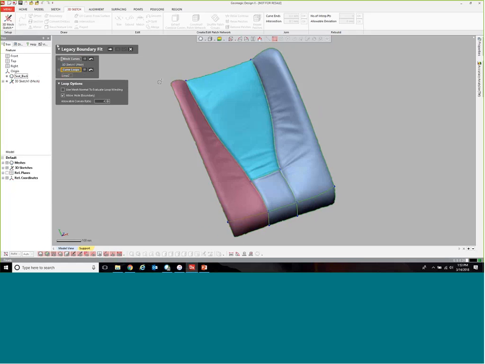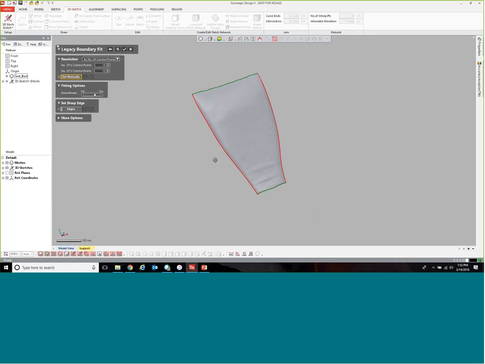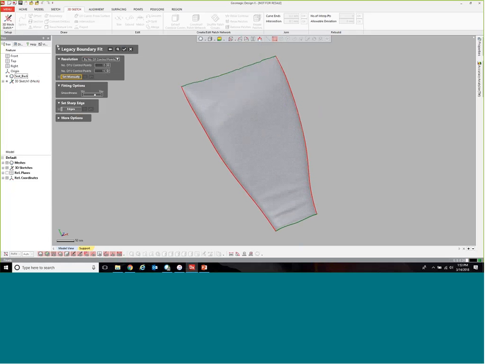So now that we've highlighted the region we want, we're going to hit the arrow for the next stage. And then we have a few more parameters we have control over. So the biggest influencer on how well your surface is going to fit has to do with this smoothness slider. So if I turn that down to the minimum, the software is going to try to fit a very exact and precise surface to your mesh. So since this is a seat, what you'll notice is there's some ripples, just a byproduct from the manufacturing process. So if I go ahead and preview that surface,